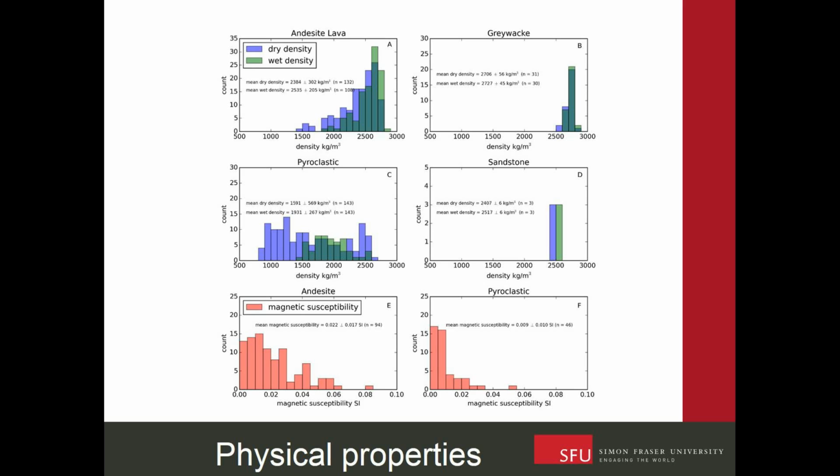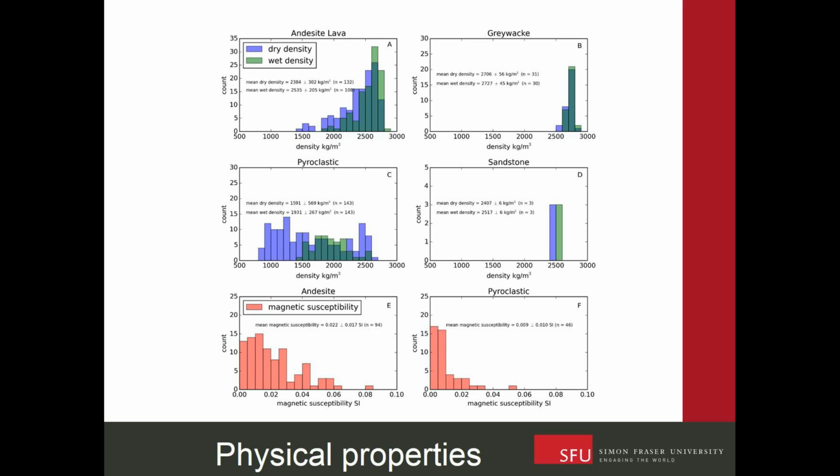In terms of physical properties, by going through a whole bunch of older studies on the geology of this area, I was able to extract quite a good database of physical properties, which we can use to help constrain our model. So I've got density samples, both wet and dry densities, in these histograms here for the different rock types. And we can see for this one here that the greywacke basement's pretty tightly confined at around 2,700 kilograms per cubic meter. The andesite lava samples